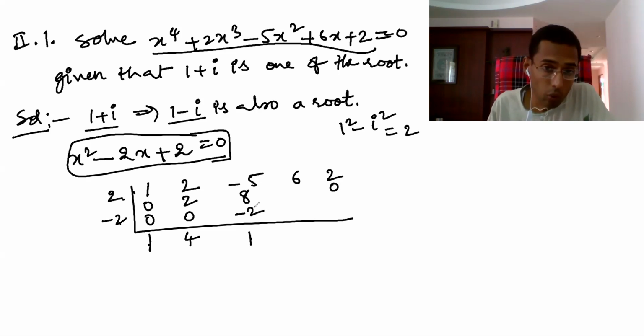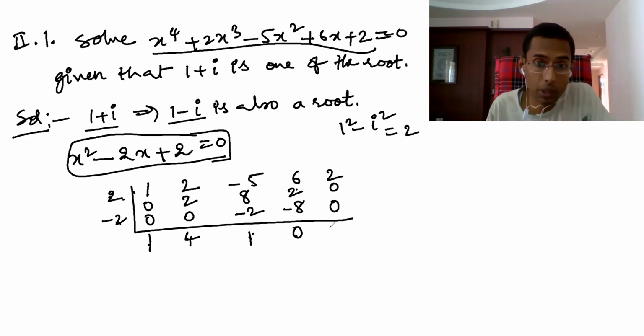Again, add this and multiply. 1 into 2, 2, right? If you multiply the upper one, you have to write it here. Before this, 4 into 2, minus 8. So you understand, plus 8 minus 8, this is 0. This must be 0 only. Now 0 into 2 is 0, you should write here. Then next 1 into minus 2, you should write here minus 2. Hope you understand this 0.